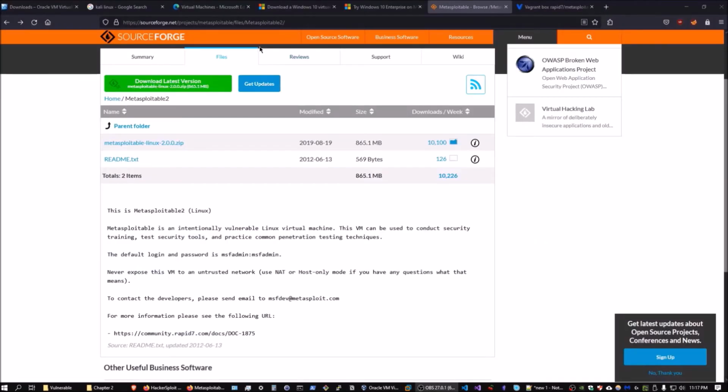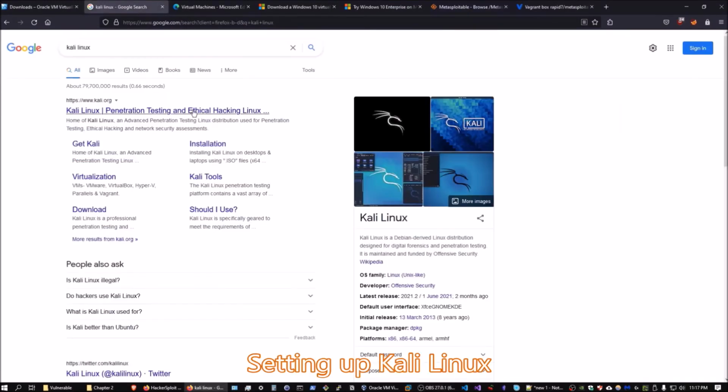Alright, so the next step is setting up our penetration testing distribution, or our attacker virtual machine. Now, our penetration testing distribution of choice is going to be Kali Linux, and for a few reasons. Kali Linux is the most well-known penetration testing distribution. It's actually well supported and is the industry standard for anyone who is interested in penetration testing, and